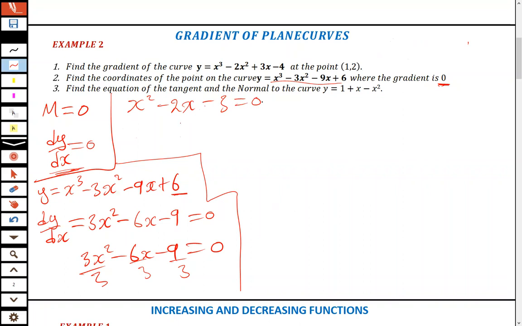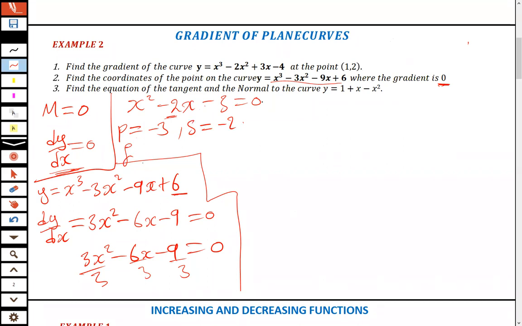So we can factorize this. We find the product, the sum, and the factors. So the product will simply be found by multiplying the coefficient of x squared and negative 3 there. So the coefficient of x squared is 1. 1 times negative 3, we get negative 3. And then the sum is simply negative 2. So now the factors will be,